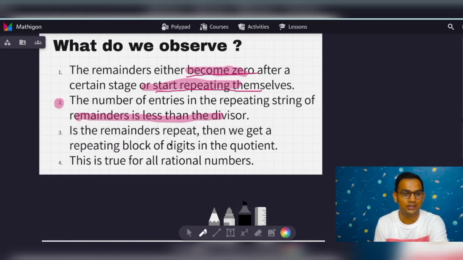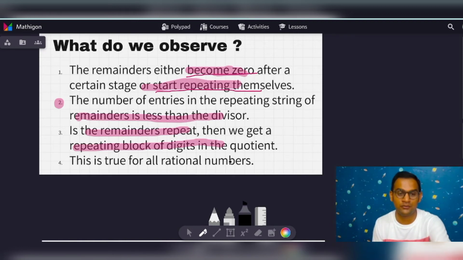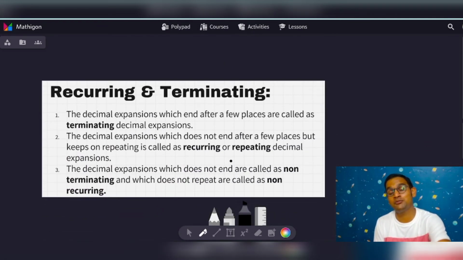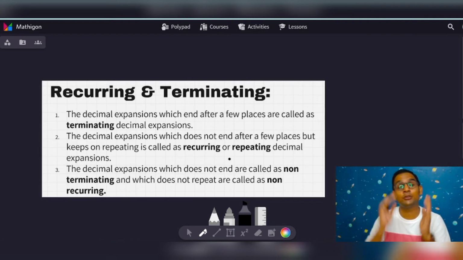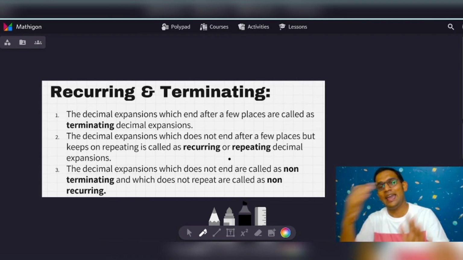The third point: if the remainders repeat, then we get a repeating block of digits in the quotient. And the fourth and most important point is that this is true for all rational numbers. That is how we have two new terminologies to refer to, and on the basis of these two new terminologies, we define first rational numbers and then